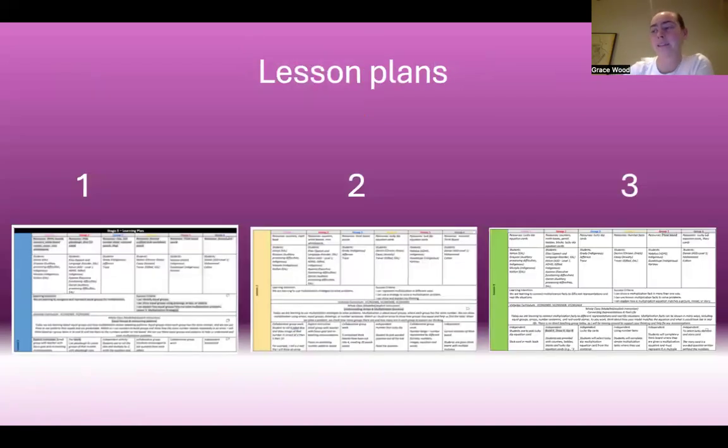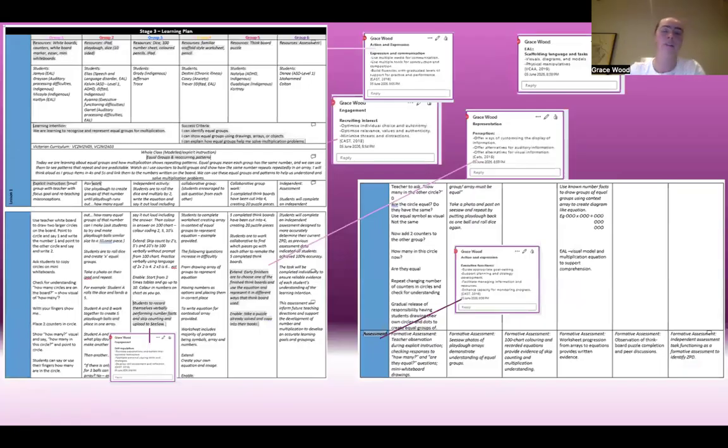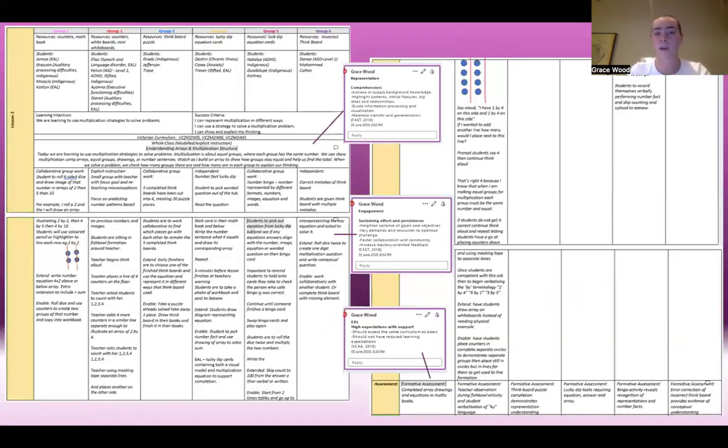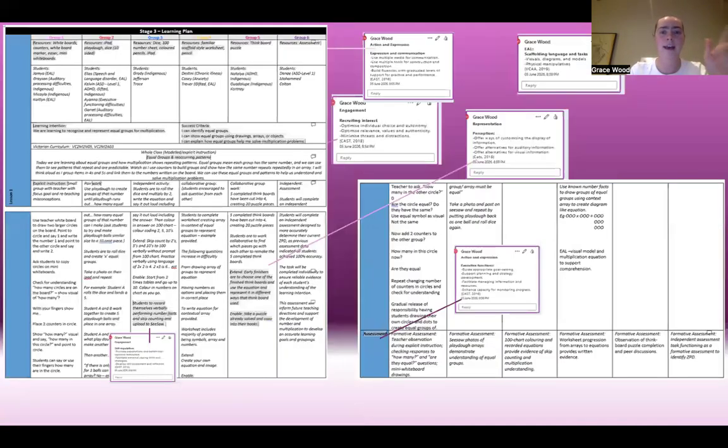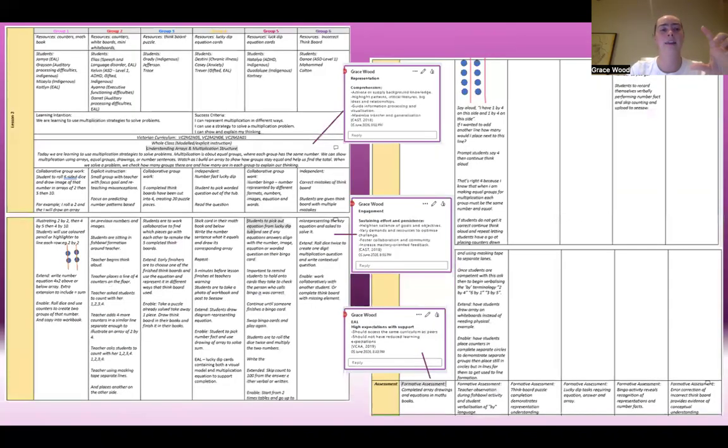Now, onto my lesson plans, justifying my differentiation practices between the lesson plans. I've got the next three slides that I'll be jumping between: this is lesson one, this is lesson two, and this is lesson three. All flow on from each other, all have consistent groups one to six with the same students, with each lesson having the same whole class explicit teach and learning and success criteria.